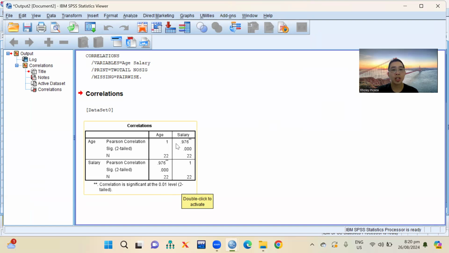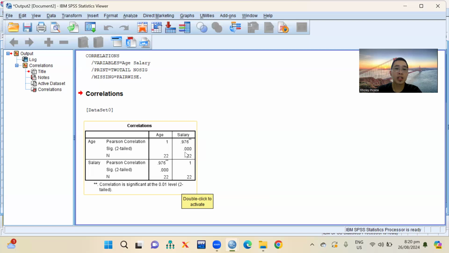So this Pearson correlation, this is now to determine our r value, which is the direction of the two variables, and the significance, this is now our alpha value or the p value.